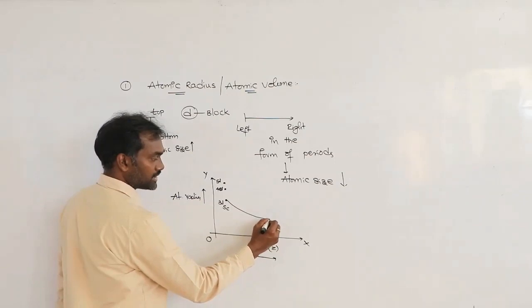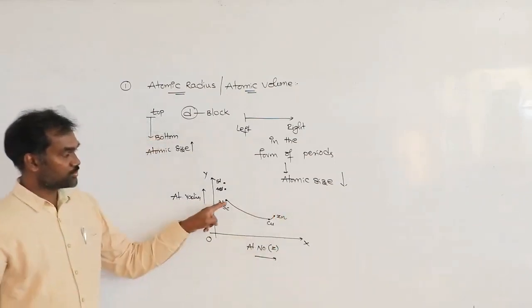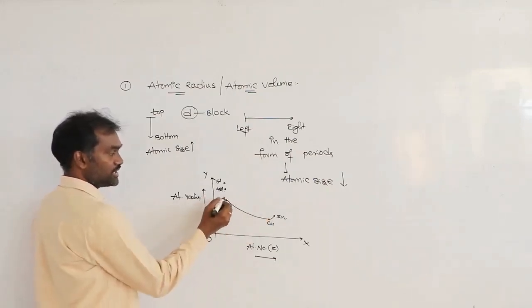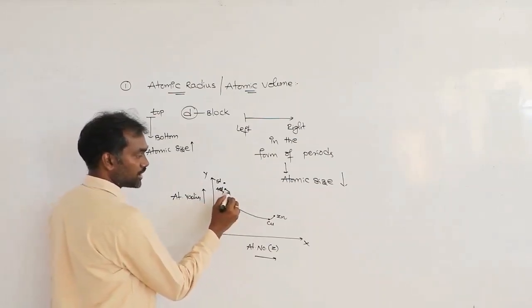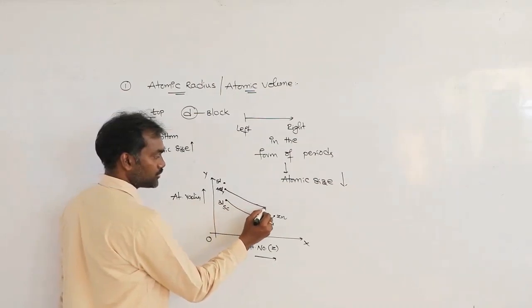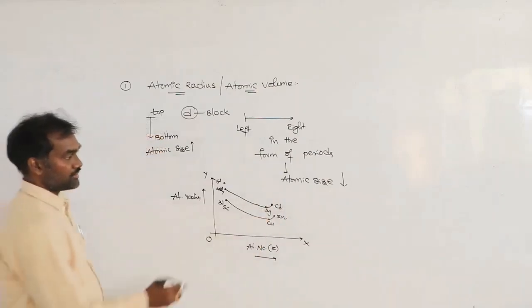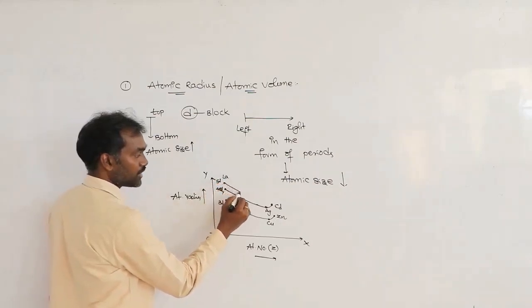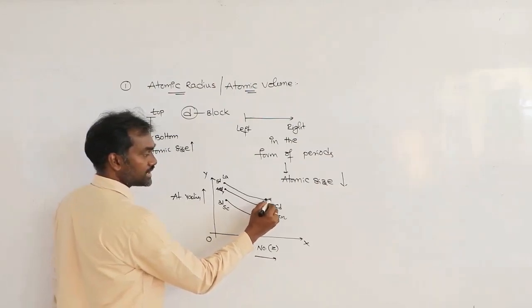Up to copper it decreases exponentially, and slightly for zinc it increases. Next, the 4d series: yttrium, zirconium, niobium, molybdenum, technetium, ruthenium, rhodium, palladium. Up to silver it decreases, and cadmium increases a little bit. Next the 5d series: lanthanum, hafnium, tantalum, tungsten, rhenium, osmium, iridium, platinum, gold. It decreases,